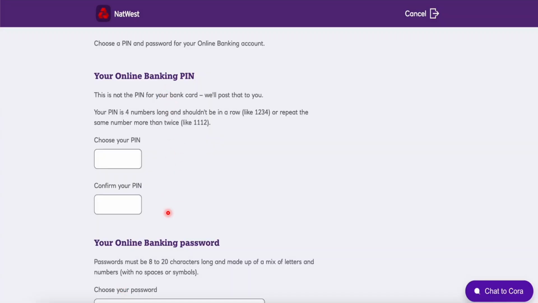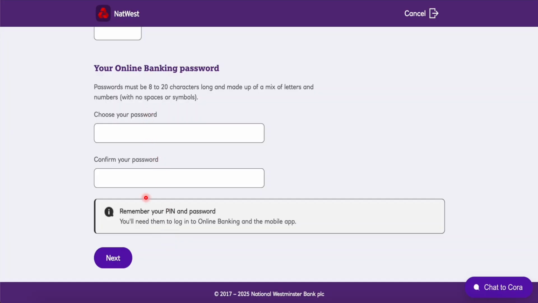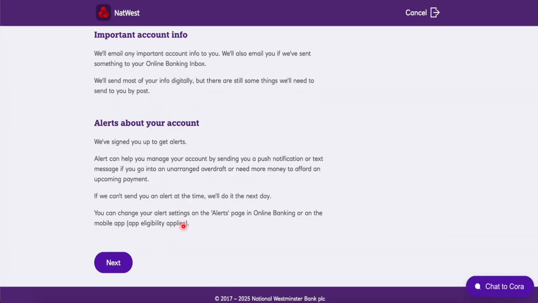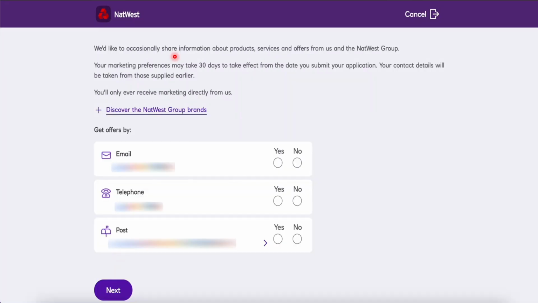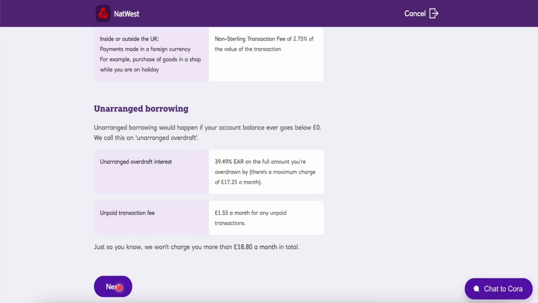Then your online banking PIN as well, and your online banking password. You can set these up, and then you just go ahead and complete these right here. And if you want any offers, proceed with these as well, and just proceed with the on-screen instructions, and you'll have your account created